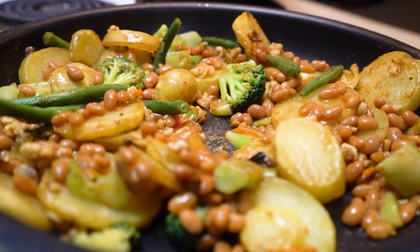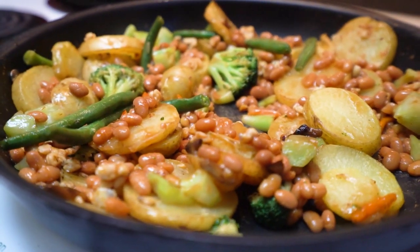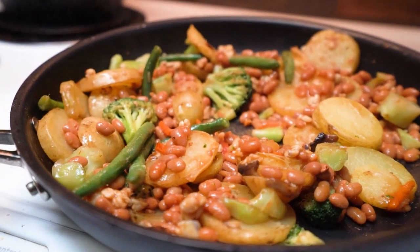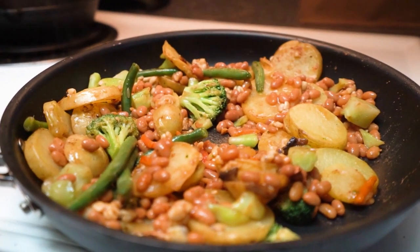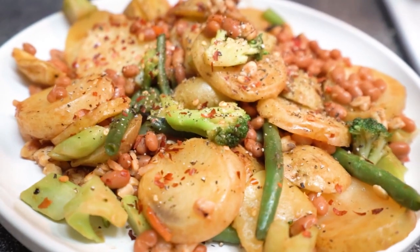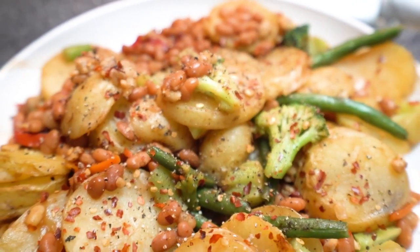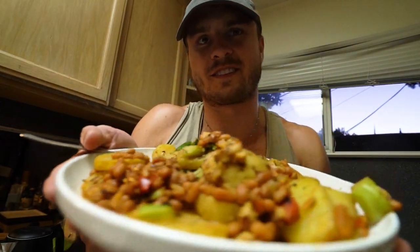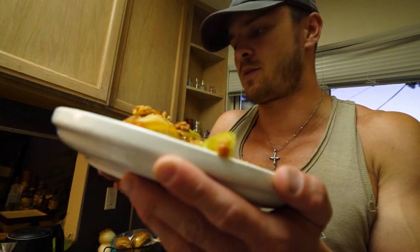Okay, clearly you're not going to win any culinary awards with this, right? But I promised you easy, simple, and delicious. That's exactly what this is. Super delicious. No effort. This meal right here, again, I know it's super simple. It's so good, I'll probably have this 3 times this week. But I wanted to show you guys this one on a full day eating